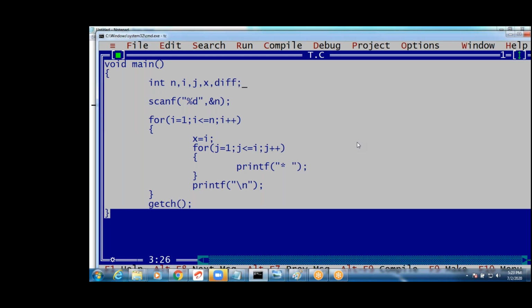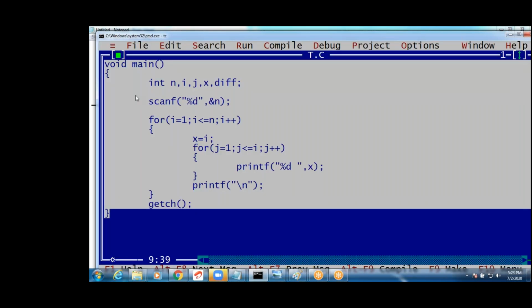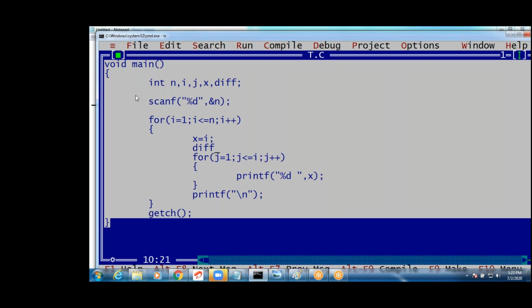1 2 3 4 5. Clear it. 1 2 3. Next what should come? Next value, guys. This should add, right? How much it should add? Now every time difference I will take. What is difference, guys? n minus 1. Are you following, guys? See, difference equals to n minus 1. What is n minus 1? 4. I will add to x, guys. Add to x. x equals to x plus difference. Add to x. Now see this, guys.